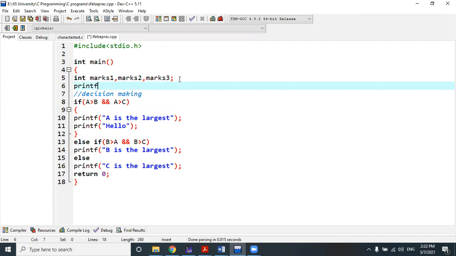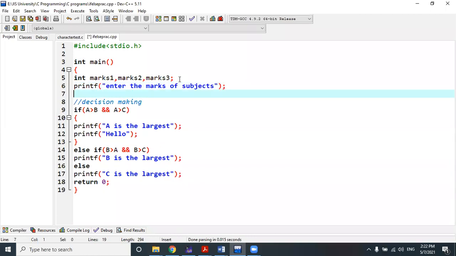So printf, enter the marks of subjects, right? And we read the marks of these 3 subjects of individual students with the help of the scanf statement, that means through the terminal. So 3 subjects means 3 integer marks should be there.